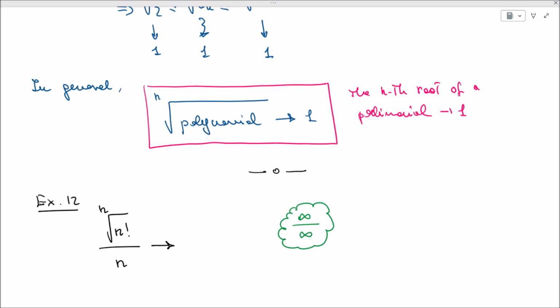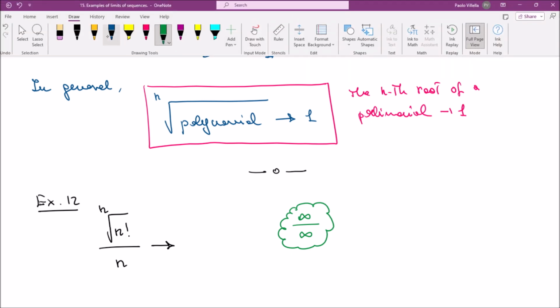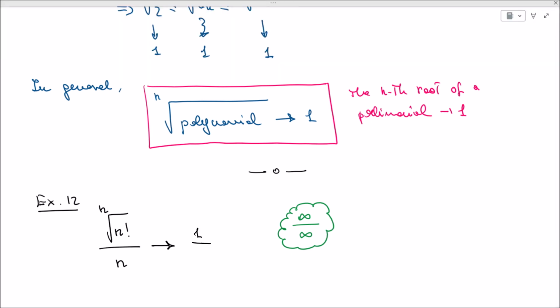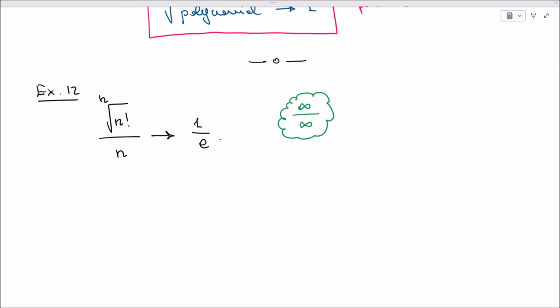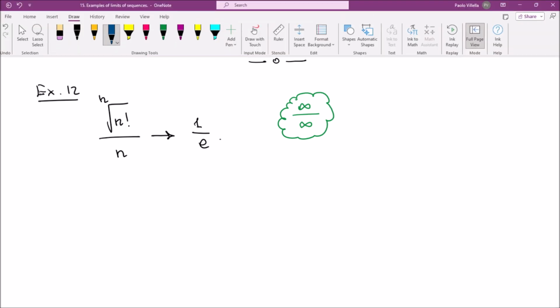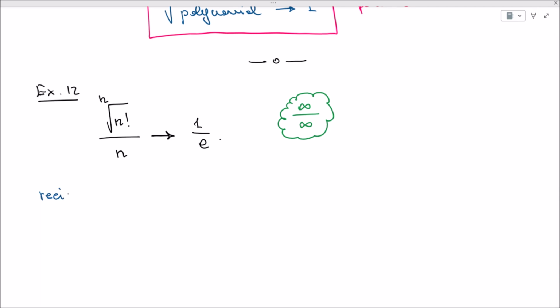So this is one of the undetermined forms. We will find out, however, that this limit is 1 over e. As a first step to determine this limit, let's first find the reciprocal. The reciprocal